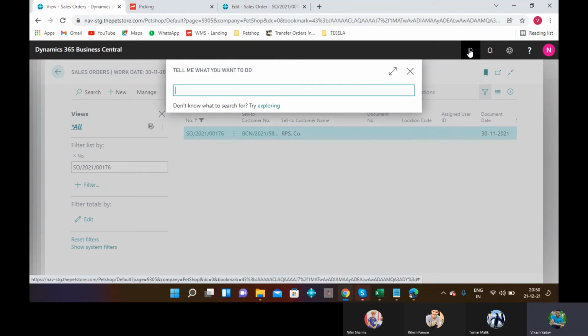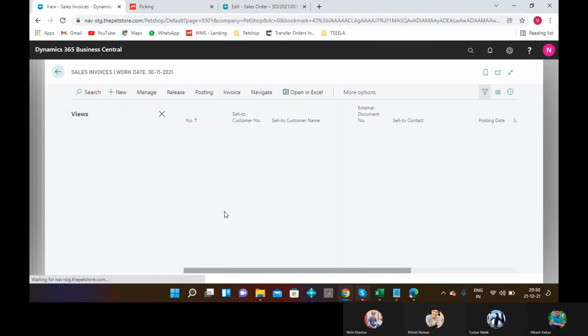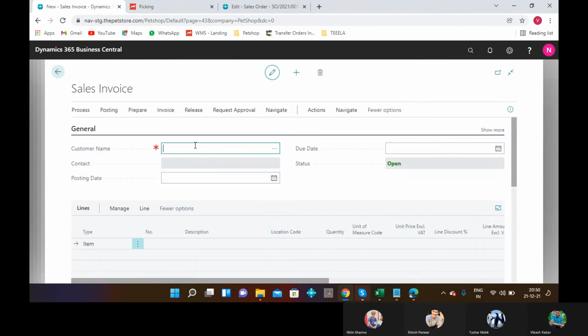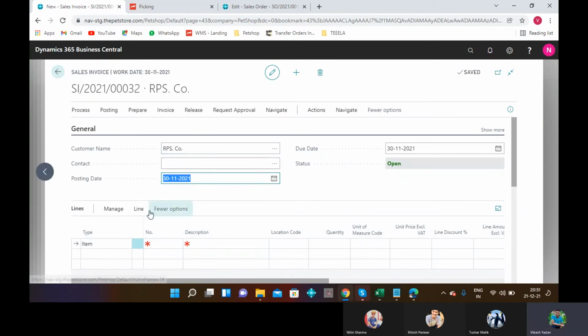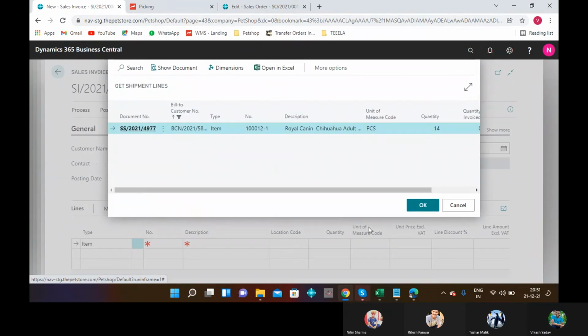Now we are going to sell invoice. Go to new. Select customer number, customer name. And this is my customer name, and go to line and then go to function and get shipment line. Click on OK.